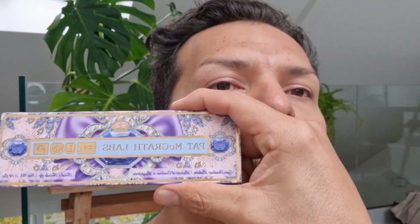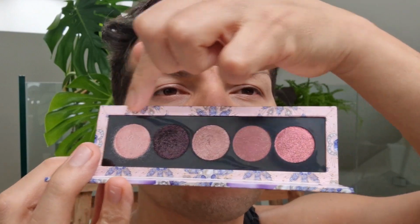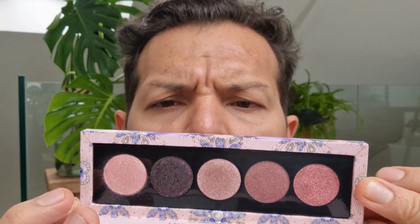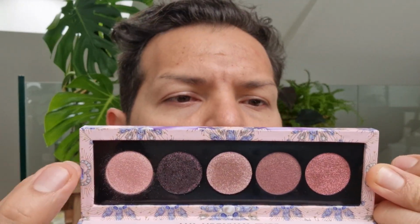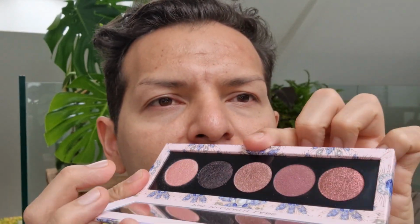Here is the Bijoux Brilliance collection, the Bordeaux Bliss. So far, I've kind of played around with these first four shades. Today I really want to focus on this, what is it, Cosmic Garnet. This is still my favorite, and this Platinum Rosewater is gorgeous, and this Naked Sunset, oh,